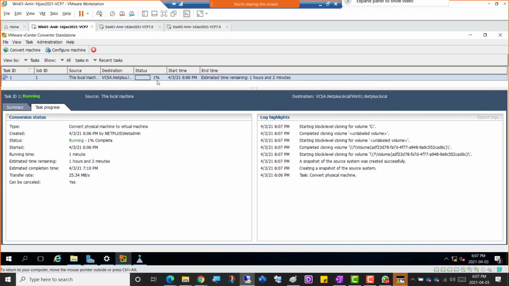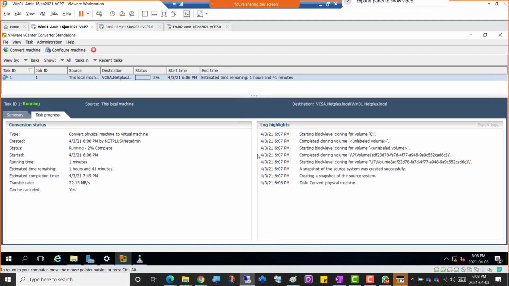So it's 1% here, and it is checking everything, starting block level cloning. Did I say cloning? Cloning for volume C and the rest. So it's running, 1%. Okay. So well, that's what P2V is. It just goes ahead and